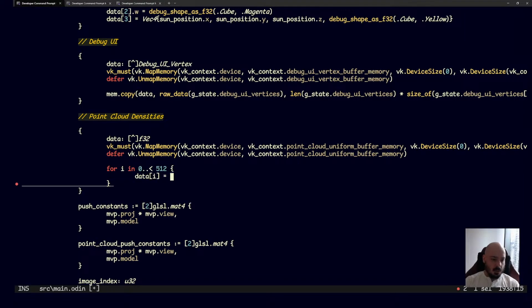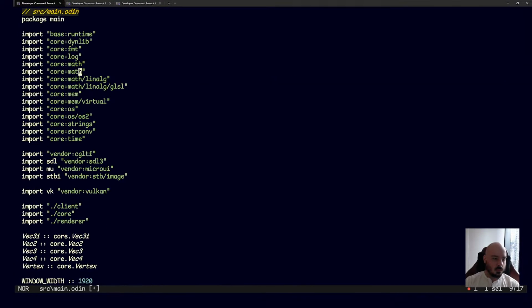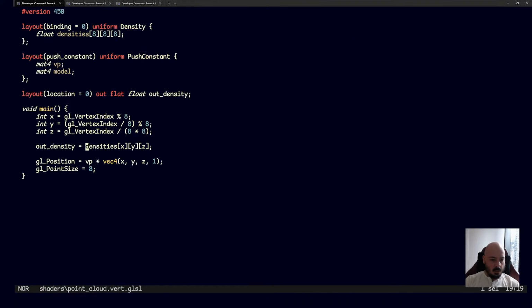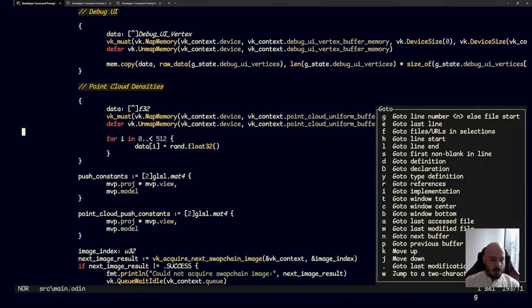Data i is going to equal rand range f32, between 0 and 1, yeah. Okay, now we're going to get random densities, and hopefully